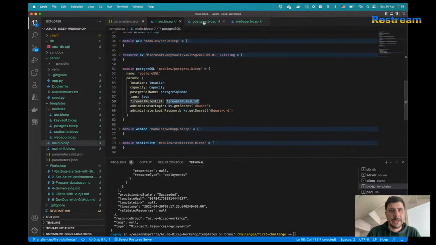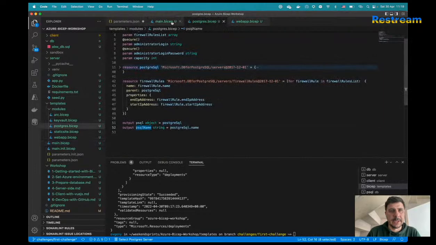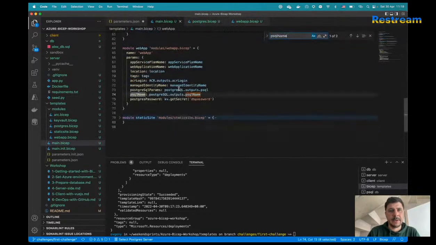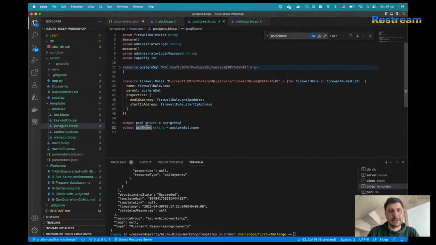In the main file, let's say the name. So we provide a PostgreSQL name, which we capture from the PostgreSQL name output. And then for the PostgreSQL params, we also capture from the output from the PSQL. So we provide the whole object, basically the whole thing that has been given to us after creation of